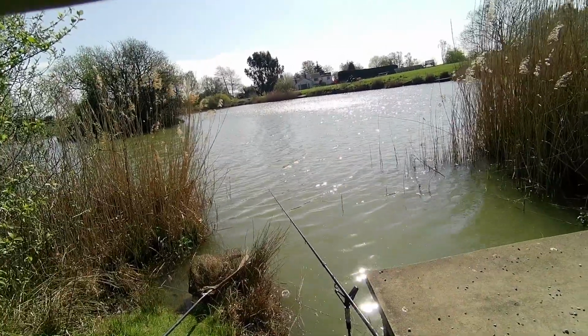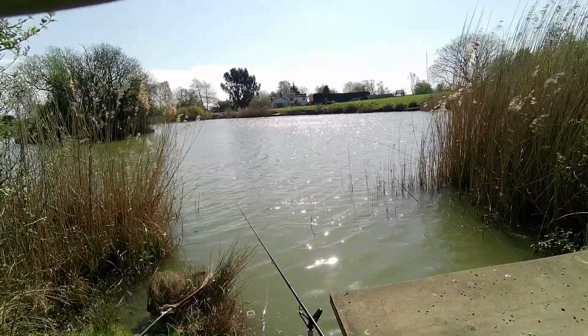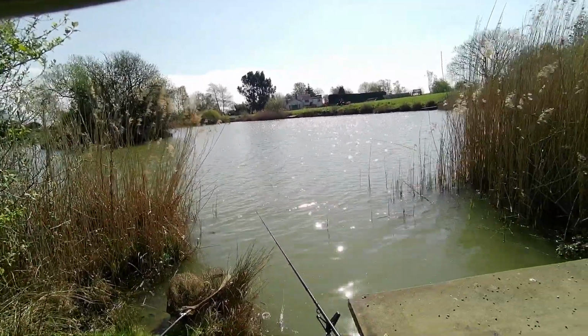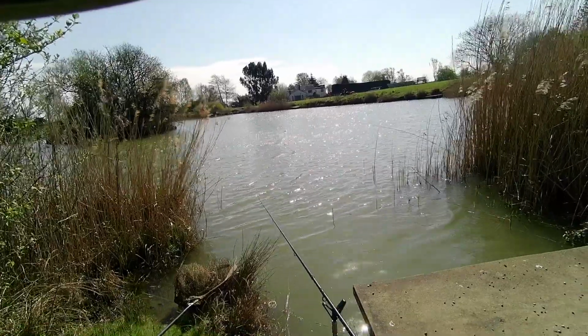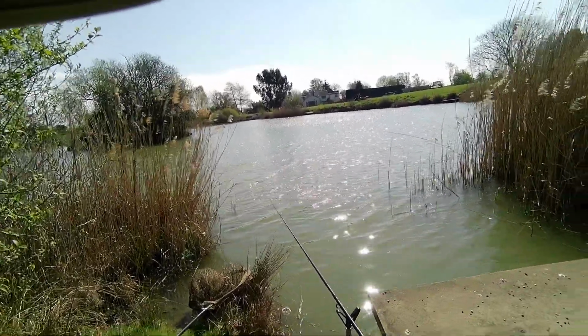If I'm quiet, I can behave myself. Unfortunately, in this spot, I've got no one anywhere near me. There's at least probably 10 yards of vegetation either side of me here. It's not fishable, so if nothing else, this is a very...